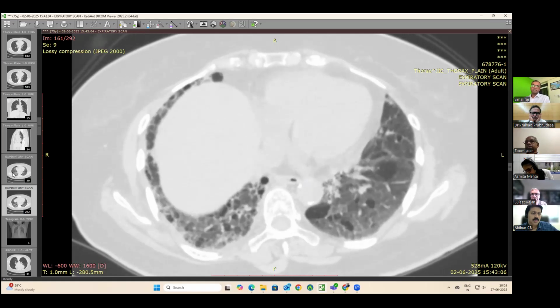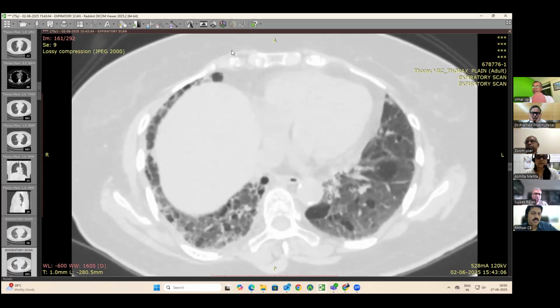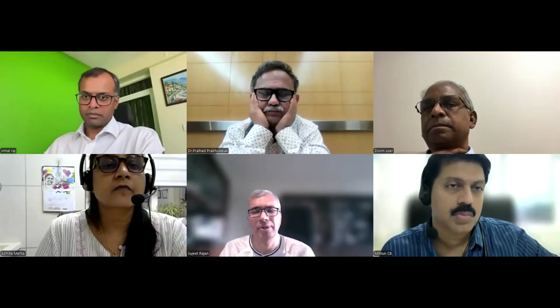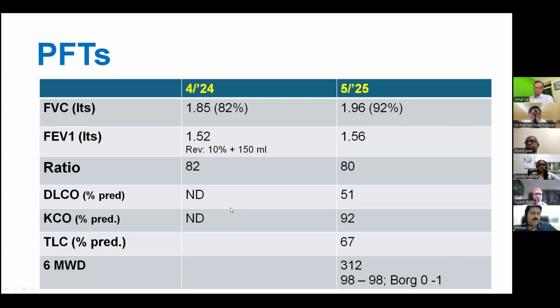If you go back to the lung function, Asmita, yes, there's air trapping there, and it's a UIP-like pattern, which is what our CT radiologists reported. But with all that air trapping, Prahlad, if you can see, the ratio is not like severe airway disease. Neither are the lung volumes significantly compromised. She's 76, I think, right, Asmita? 76, yeah. Right. So my question was really what to do next.